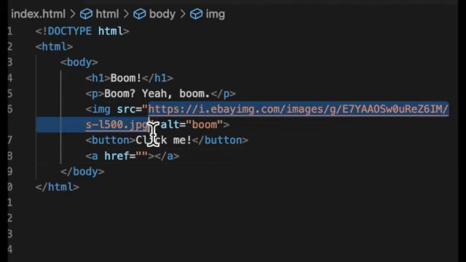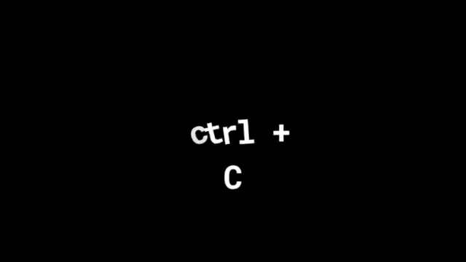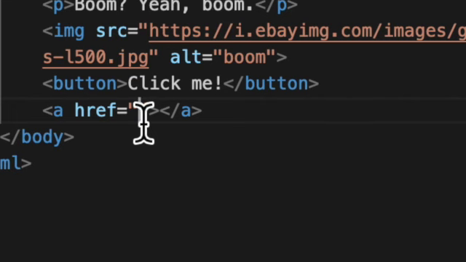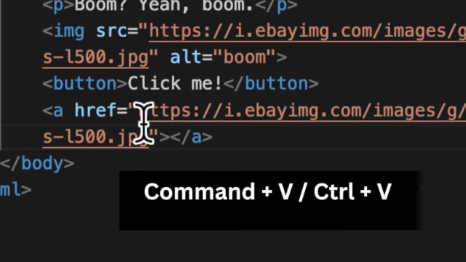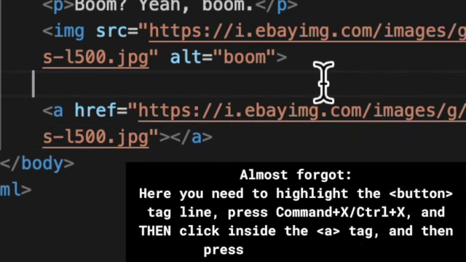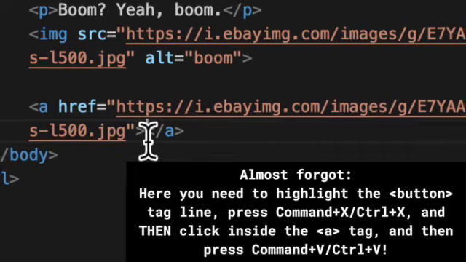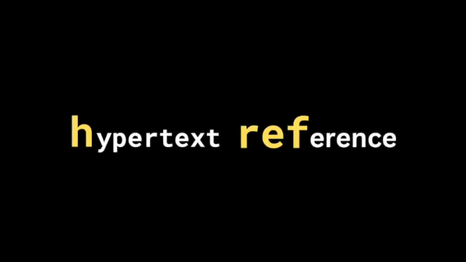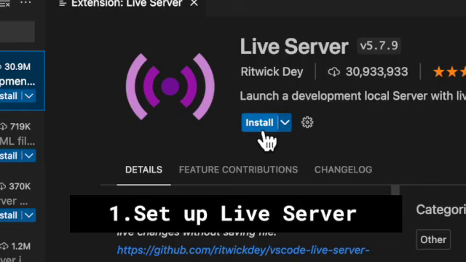Highlight the link in the SRC of the image. Type Command-C on a Mac or Control-C on a PC. Then click on the quotes in the href and use Command-V. Href stands for Hypertext Reference, or ref for short. Now click the button. Bravo! Recap. You learned